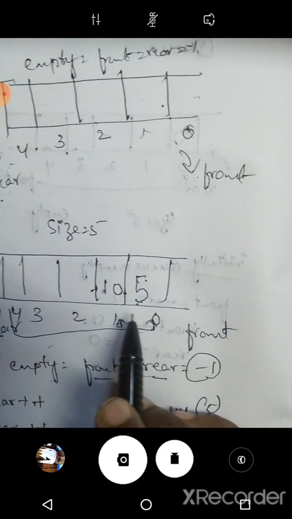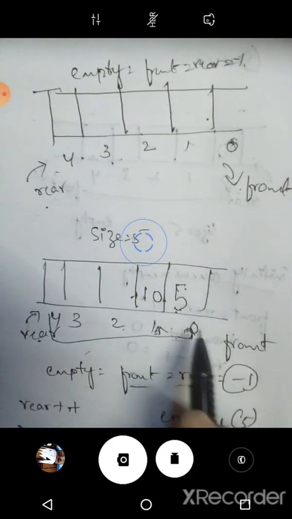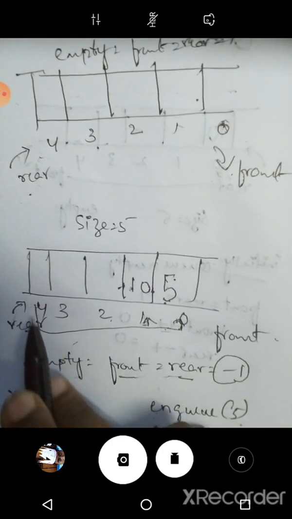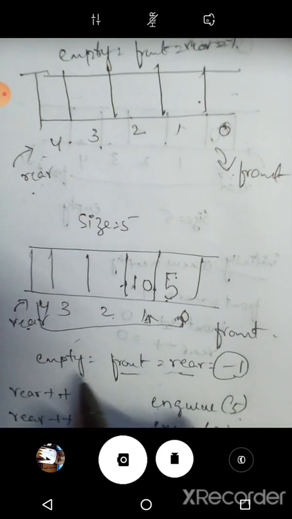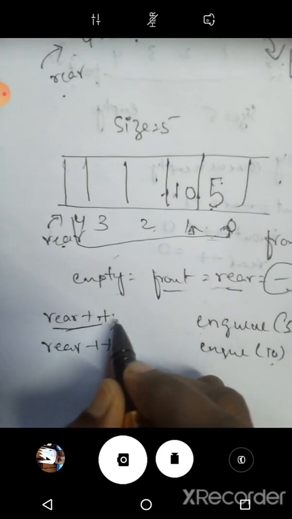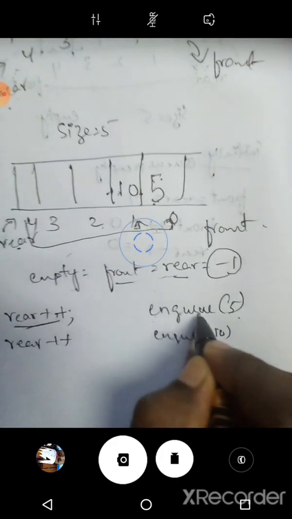The rear points at the 0th location, and the front stays at -1. To point to position 0, we do rear plus plus, that is, we increment the rear position, because through the rear we insert elements into the queue.